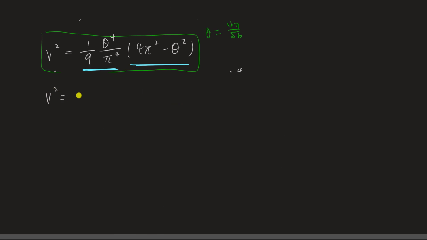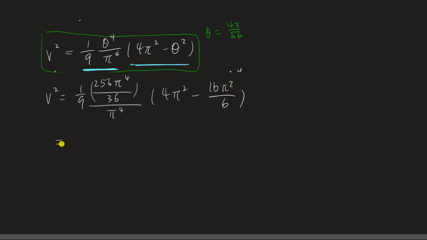V squared is equal to 1 over 9 to the power of 4. 4 to the power of 4 would give me 256 over root 6 to the power of 4, which would give me 36 over pi to the power of 4. And this would be 4 pi squared minus 16 pi squared over 6. Simplifying this, this cancels with this, 256 over, so 64 over 81,